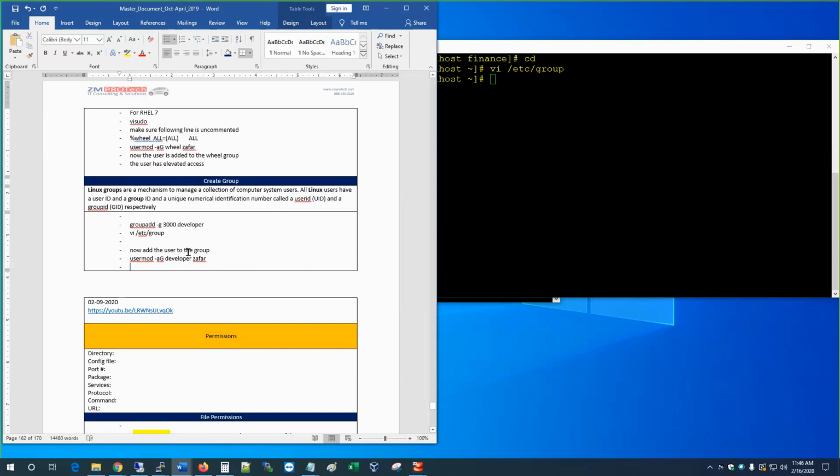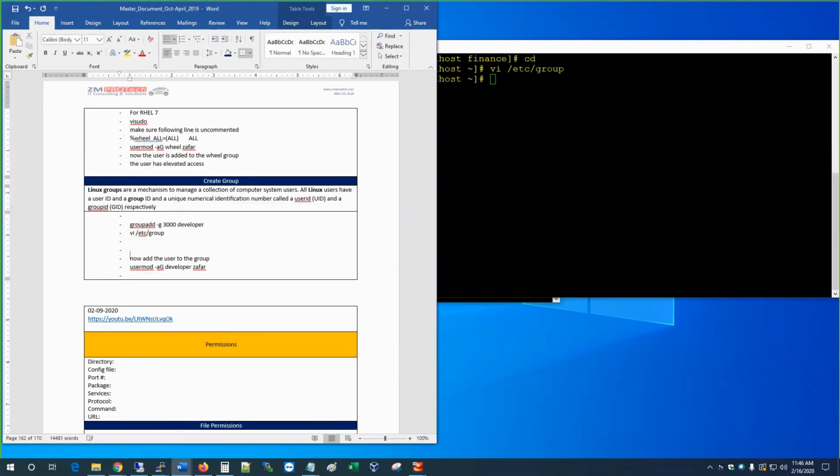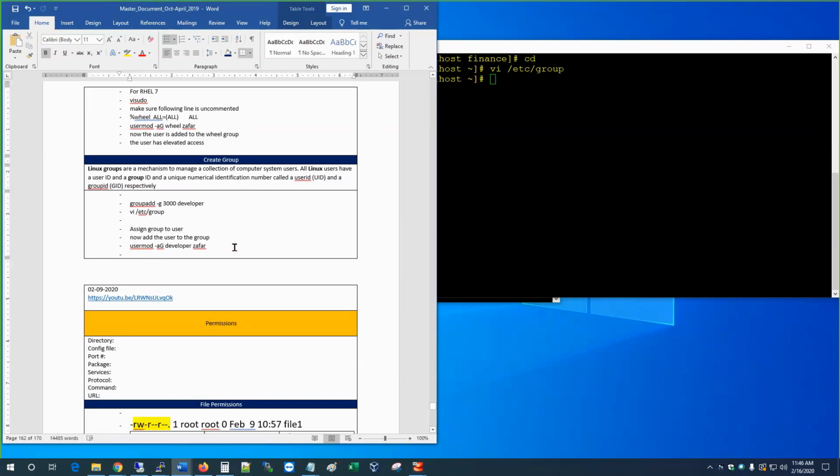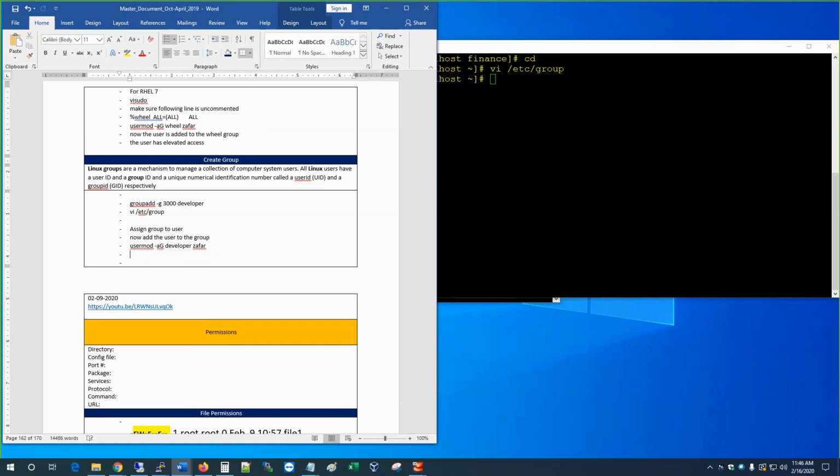And now, this part is assign group to user. We are assigning a group to user. Okay, so next what we're going to do is assign,